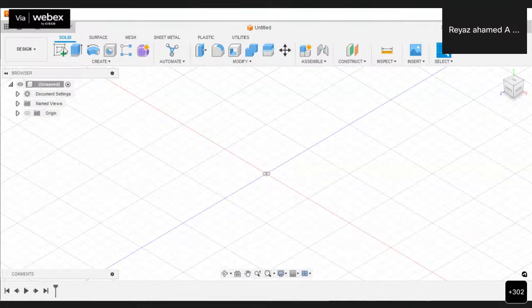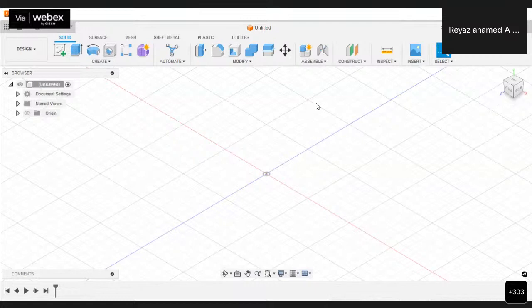Whenever you create something new in this model, each and everything is captured in the timeline. The timeline denotes not only the capture but the way the model has been created, step by step. First the sketch is created, and after the sketch, that component is converted into a solid model with the help of creation tools like extrude, revolve, or some other tools.